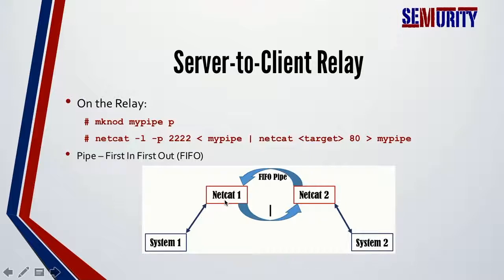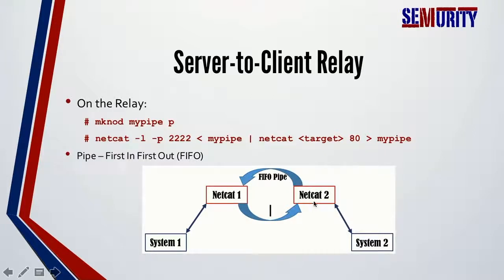And we know that Netcat by default will print whatever it receives from the TCP socket on the terminal. However, because there is a pipe symbol over here, that output will not be printed on the terminal, but rather sent to Netcat 2. Once Netcat 2 receives this data, it connects to system 2 and passes it to system 2. And whenever system 2 sends data back, this data will travel over the network